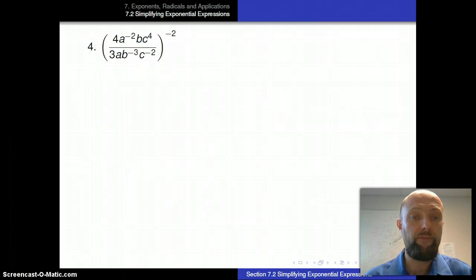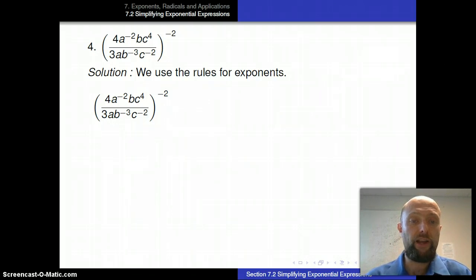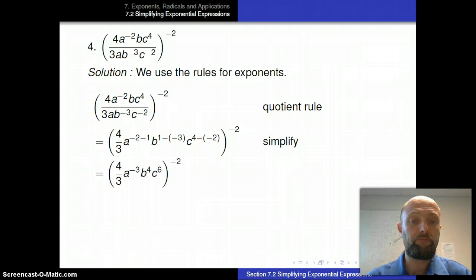Question 4. We use the rules for exponents. Let's first simplify the expression inside the parentheses. So there we have a^-2 over a. We use the quotient rule to simplify that by subtracting the exponents. Similar for b over b^-3 and c^4 over c^-2. And here is what we get. Now we simplify these exponents, and we are down to 4 over 3 times a^-3 b^4 c^6,